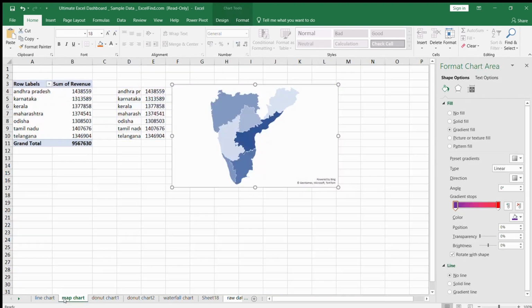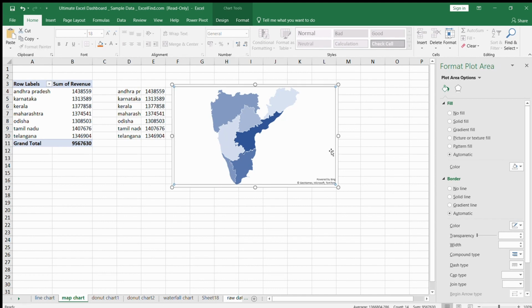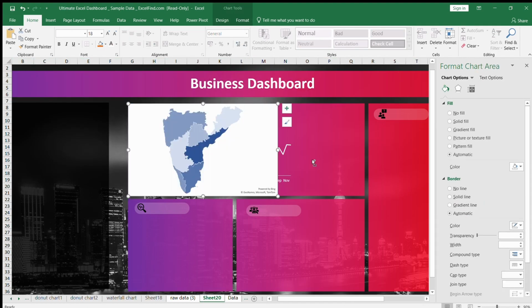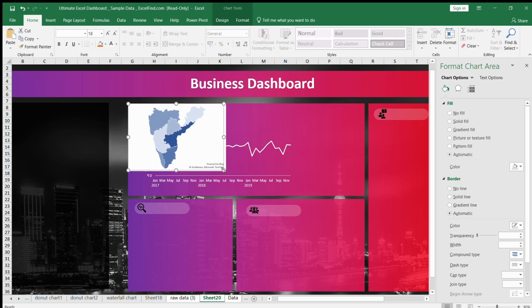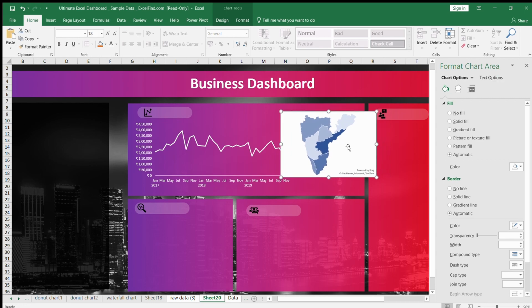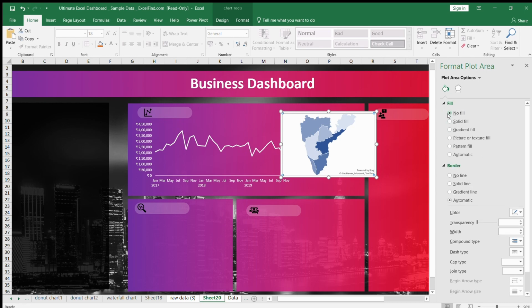Now let's go and copy our map chart and paste it here. Similar to the line chart, we should also format the chart